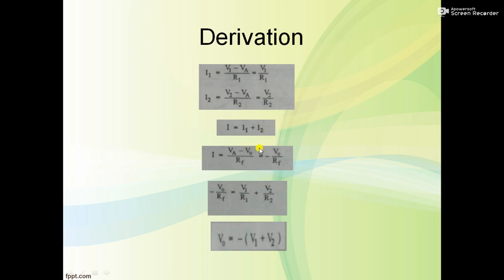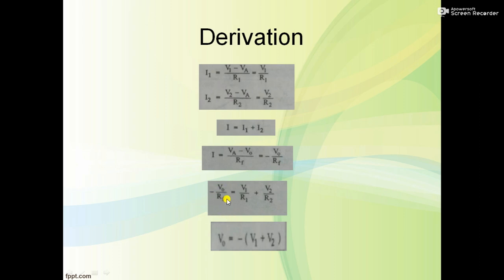Then afterwards, equating both current equations: minus V0 by RF is the total current I, and I1 plus I2 is V1 by R1 plus V2 by R2. And after simplification,